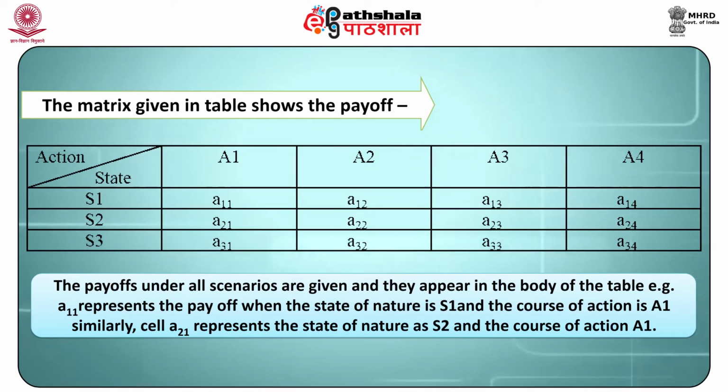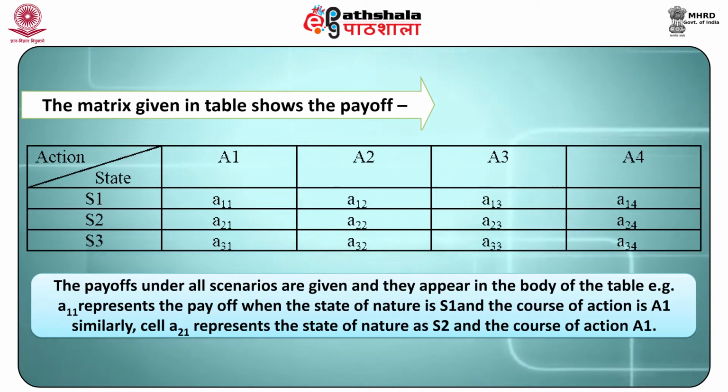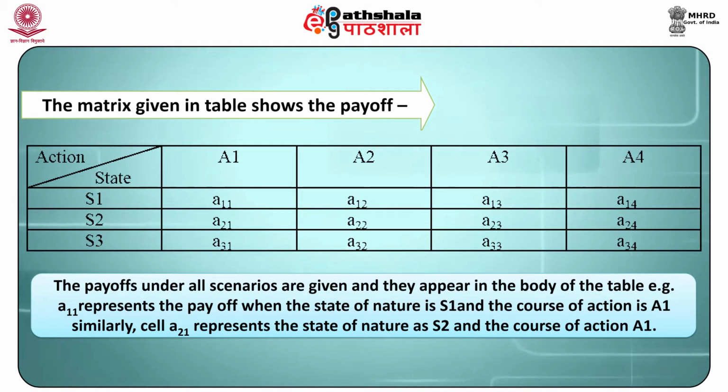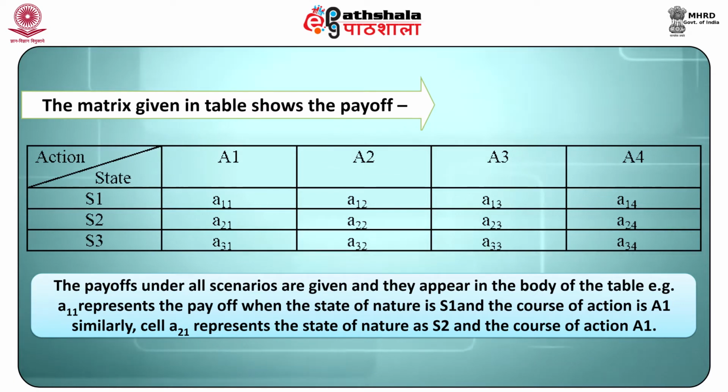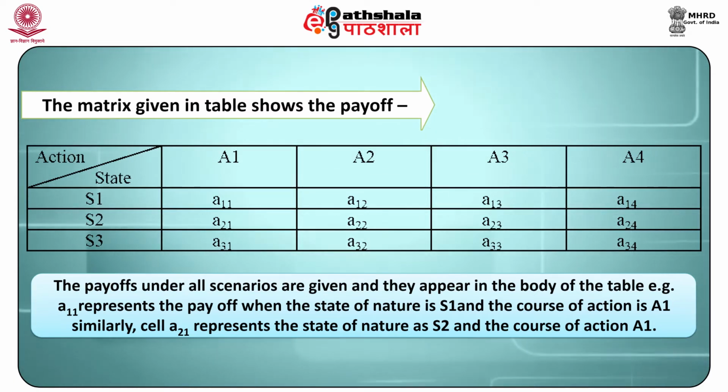As you can see on the screen, table 4 demonstrates action plans as columns and states of nature in rows. Actions have been referred to as A1, A2, A3, A4 and the states S1, S2, S3. The horizontal line or various columns represent the alternative courses of action and the vertical line or various rows show the state of nature over which the decision maker has no control. The decision maker has control over the action that he may take, but whether his action will be right or wrong is not in his control. That will depend upon the state of nature.